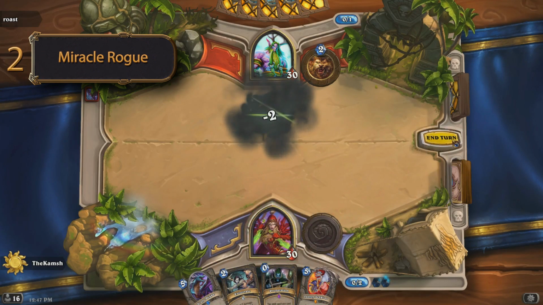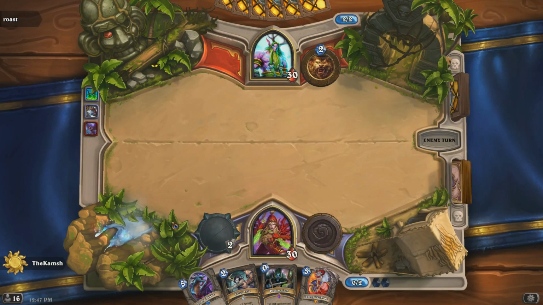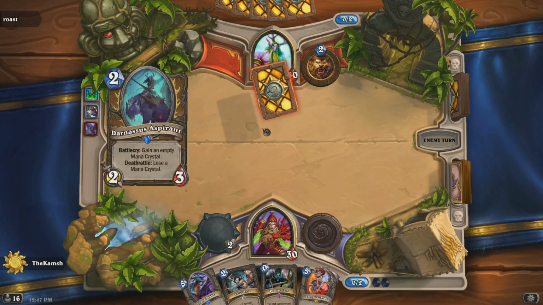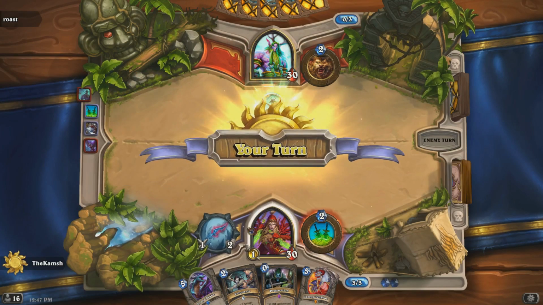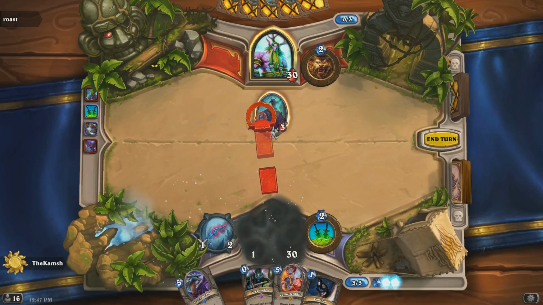I mean, a typical Miracle Rogue game can consist of losing on board for 10 straight turns, and then you just cast 12 spells in a single turn and win the game. You know, both surviving and comboing off with your spells are very difficult with Miracle Rogue, and especially there's so